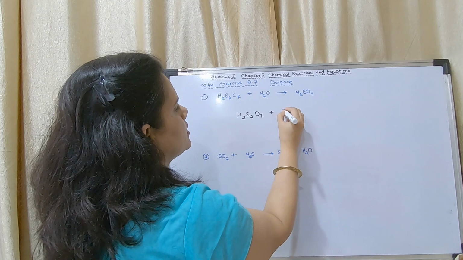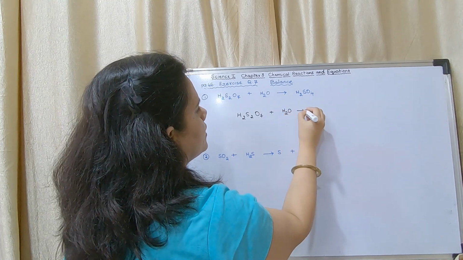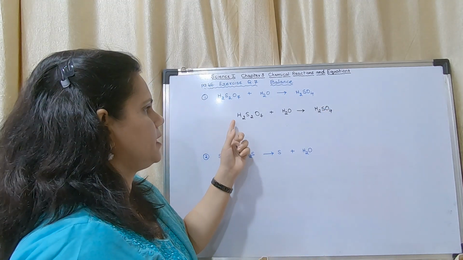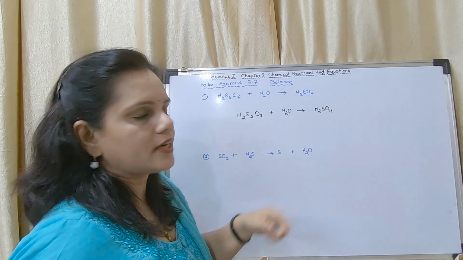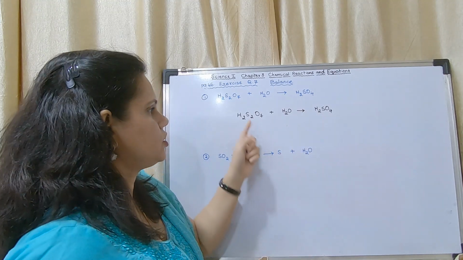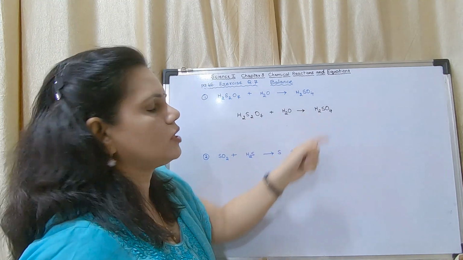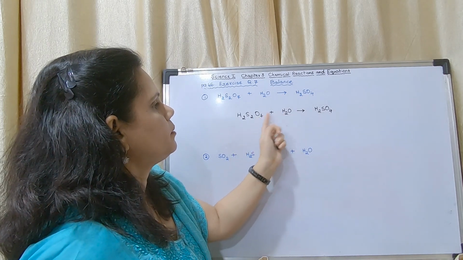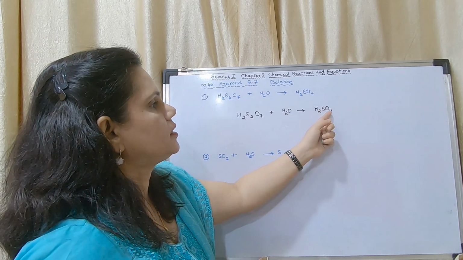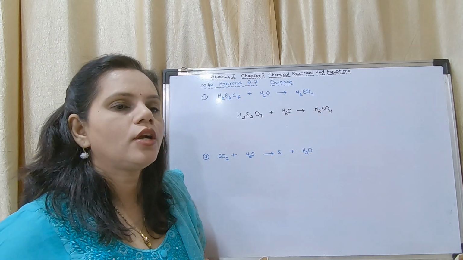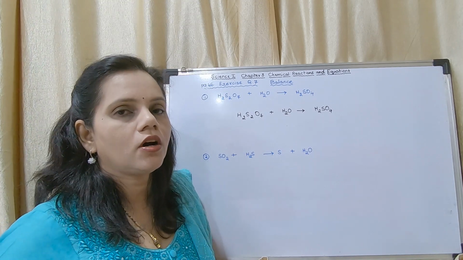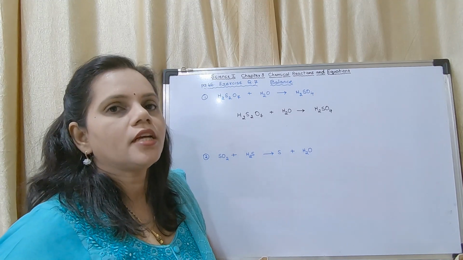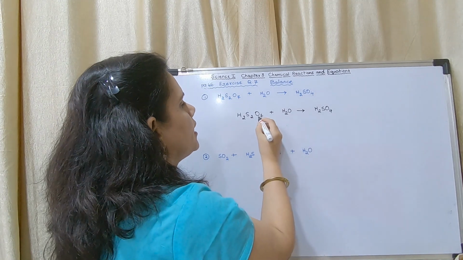H2S2O7 plus H2O giving H2SO4. Now in this reaction you may see there are 2 plus 2, 4 hydrogen. Here there is only 2 hydrogen. Here there are 2 sulfurs, here there is only 1. Here there are 7 oxygen, 7 plus 1, that is 8. Here there is only 4 oxygen. So I had told you a trick, either to start with oxygen or to start with hydrogen. Here I am going to start with oxygen. So start with oxygen.